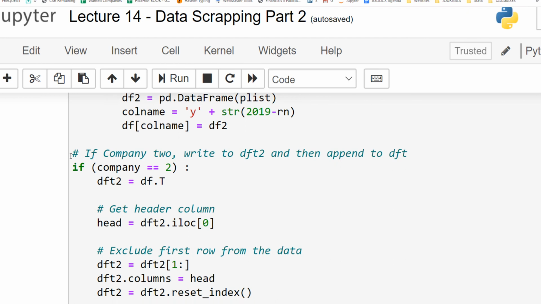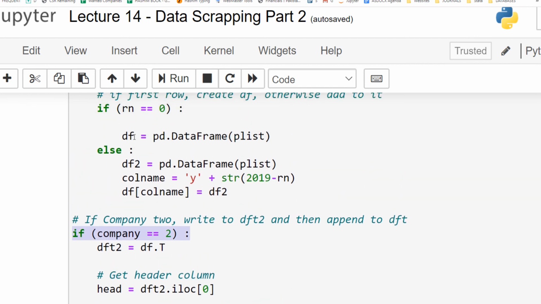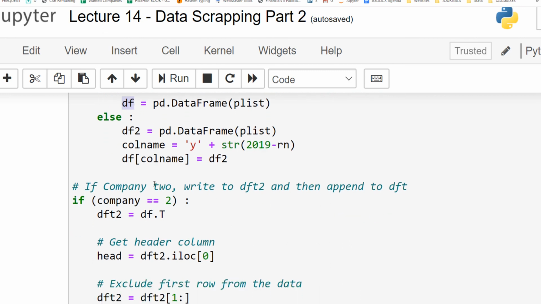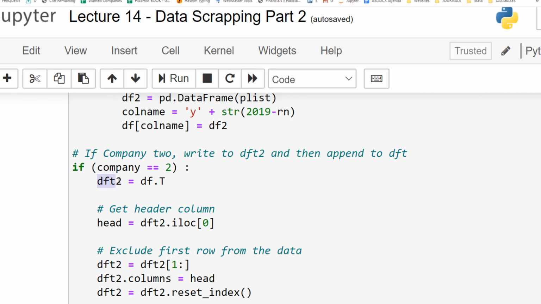Now here we are trying to get a new data frame for this new company. So I am putting a condition: if company is equal to 2, then do what? So this data frame df, what we are going to do, we are creating another data frame out of it, df2, and I'm transposing this df.